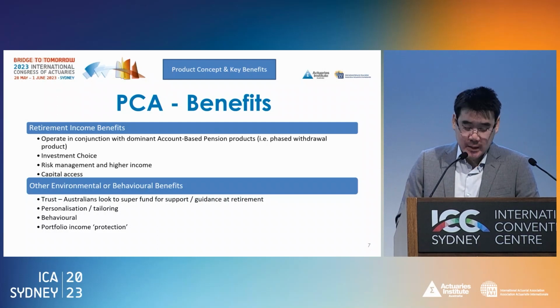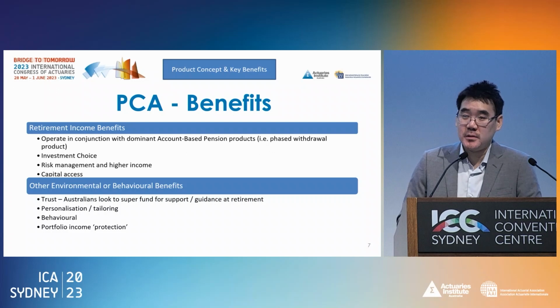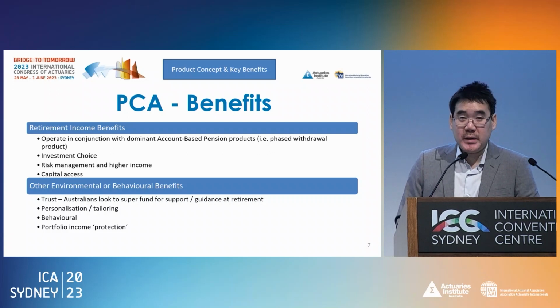Importantly, we also emphasise that, while our work here focuses on the product design of the PCA, product design is only one component of the member offering. So any successful product change really needs to work closely with all the other aspects that the fund provides, and in this case, in particular, you would need to consider how you link it with the advice services that the fund provides. But taking all this together, we see that the PCA offered in conjunction with an account-based pension product